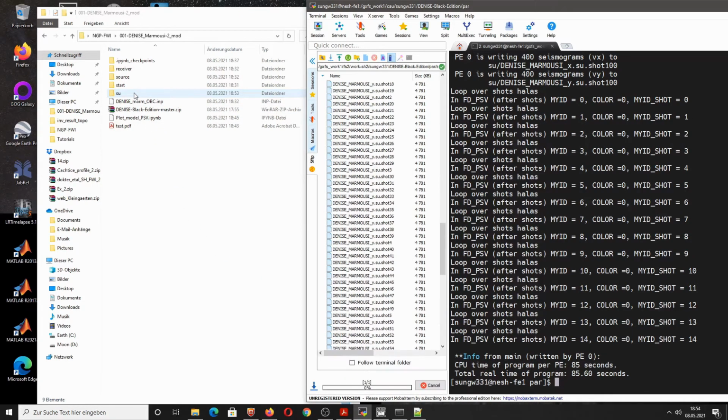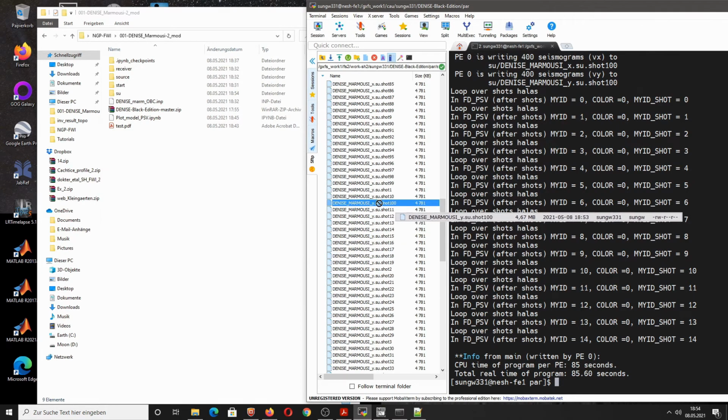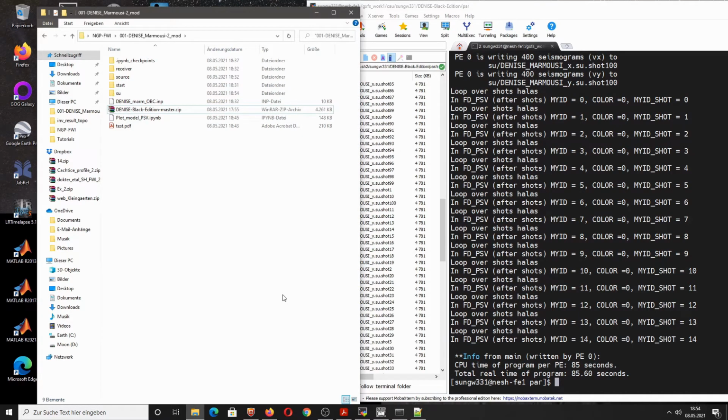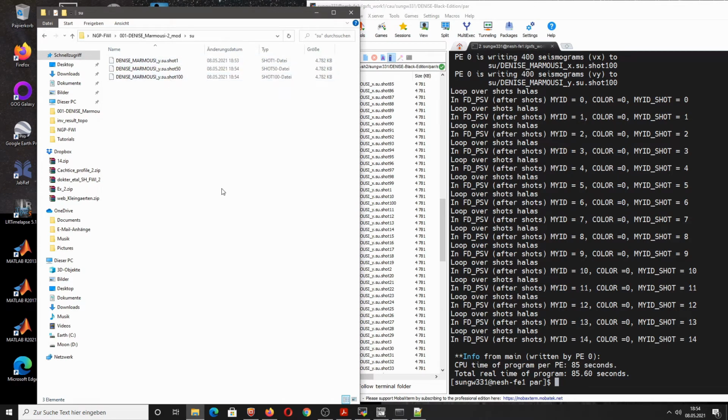Copy that also into the Seismic Unix folder. And finally shot 100, also into the Seismic Unix folder. Very good. So now we have all these shot gathers.